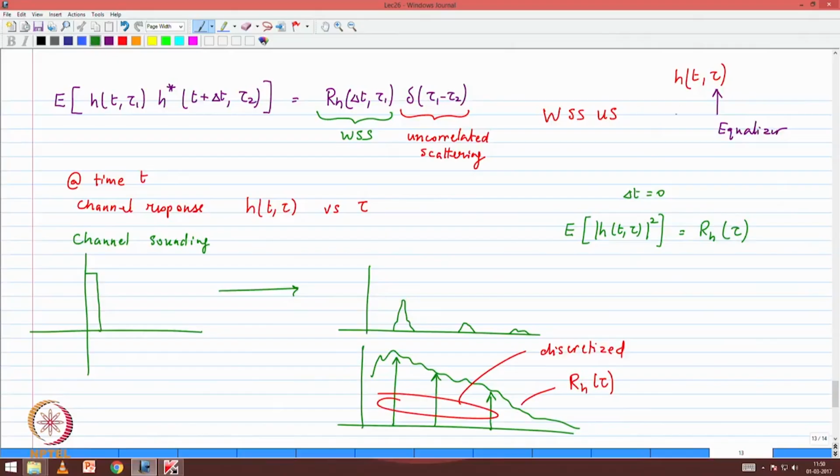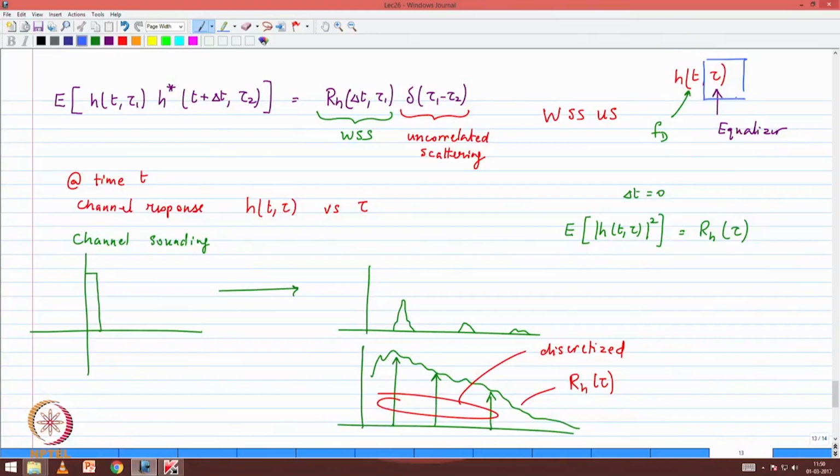This is the part that is going to tell me how fast my channel is changing. So if I have an equalizer, how fast should my adaptation be? Because this is going to be dependent on my Doppler. So what we need in a wireless communication system is an understanding of what the dispersion is, and how fast my channel coefficients are changing. There are two dimensions. When you put them together, then you have the complete picture of what the communications receiver is required to do. So we will now take up the tau portion of it, and characterize it and also decide when it is considered a dispersive channel.